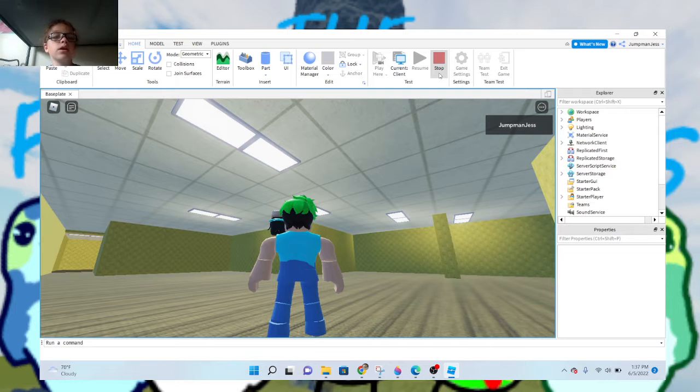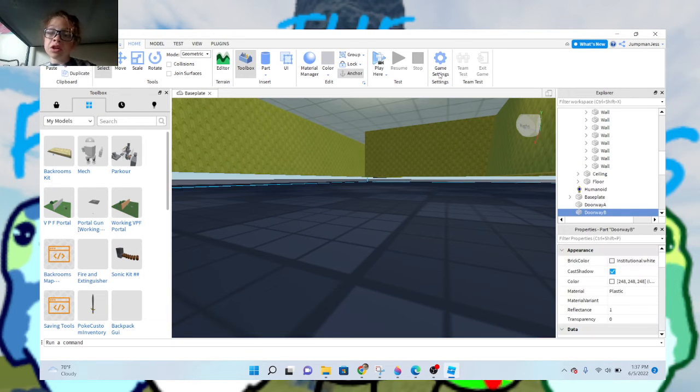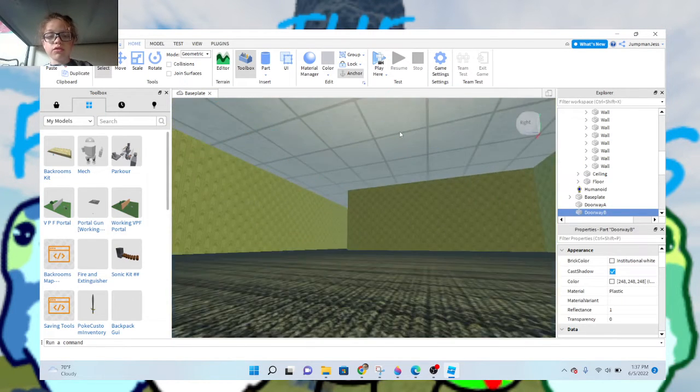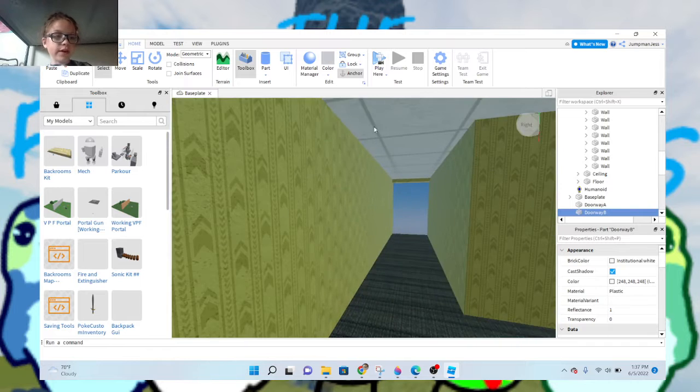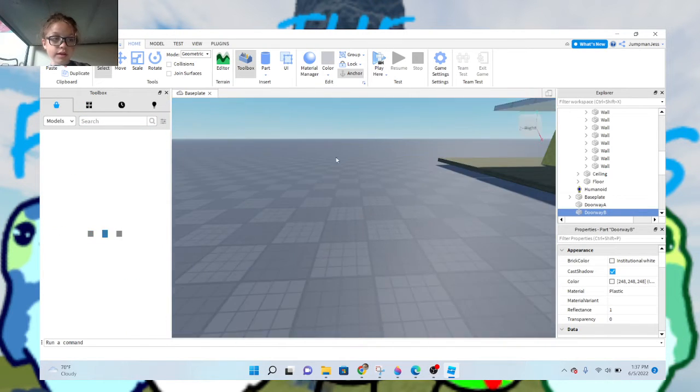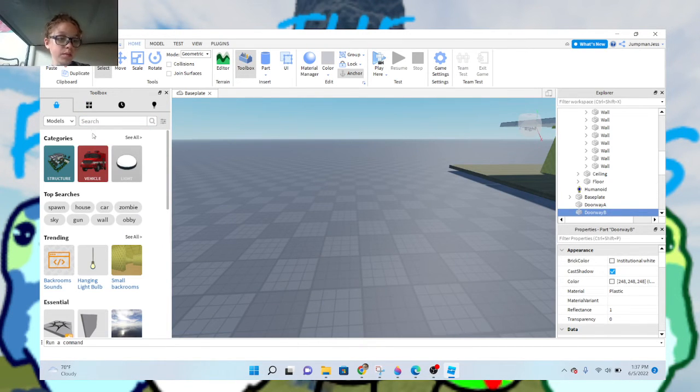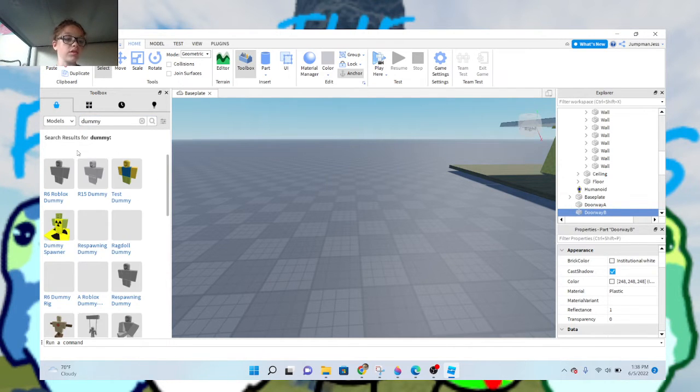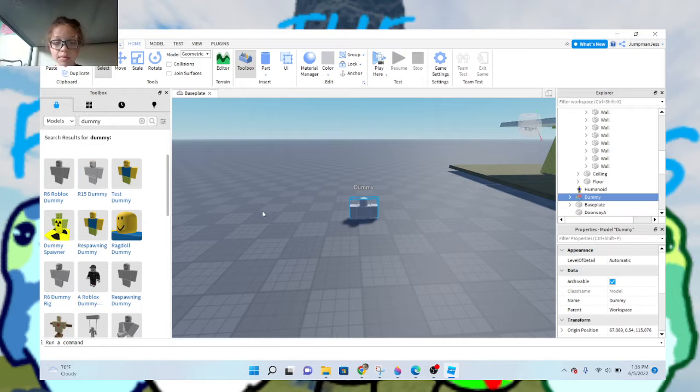Anyways, so when we walked through the portal, we had a little error. What the error was is we saw a little flash of our character when walking through. Now the easiest way to fix that, and the best way to fix it, is to go to Toolbox, Models, search up Dummy, or you can just insert one from the Plugins tab. But yeah, I'm going to grab this R15 dummy,